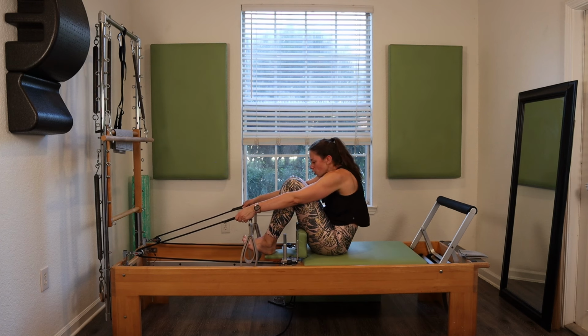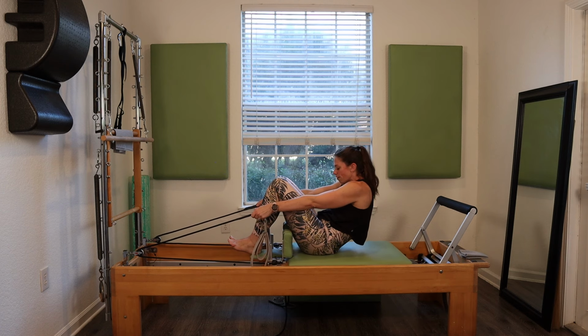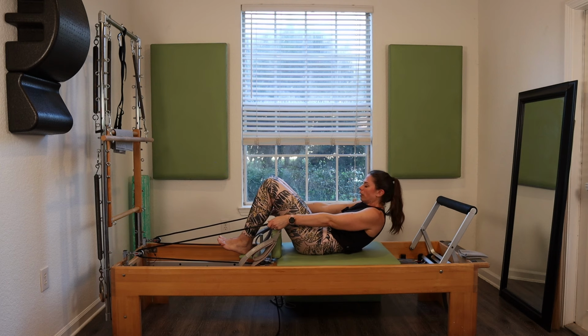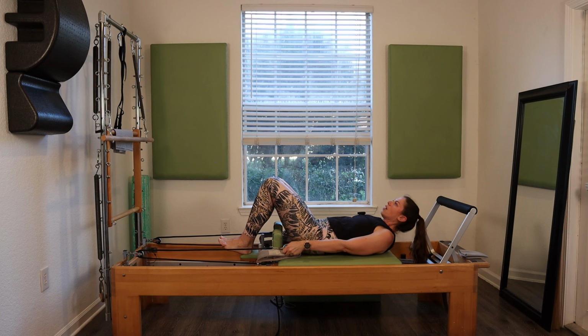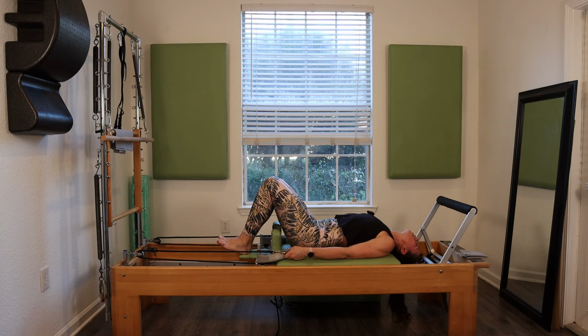And then keep the push into your feet as you roll yourself back, round back, really tuck the tail. Low back is gonna hit the mat. And then obviously there's no support for your head. So if you can, I want you to go back, let your head fall back into the well, really roll the shoulders open, like flare the ribs, find a good morning stretch, take a big breath in,